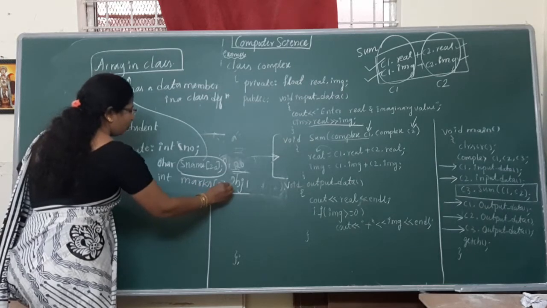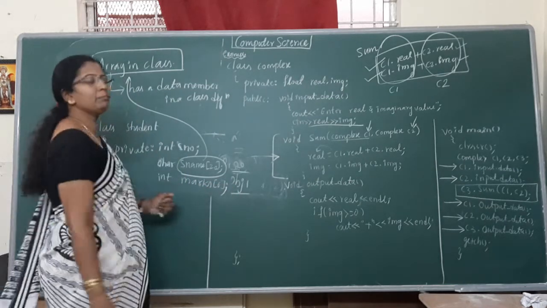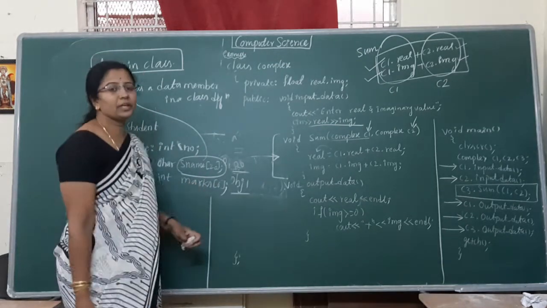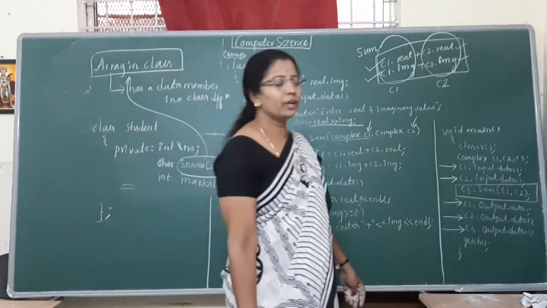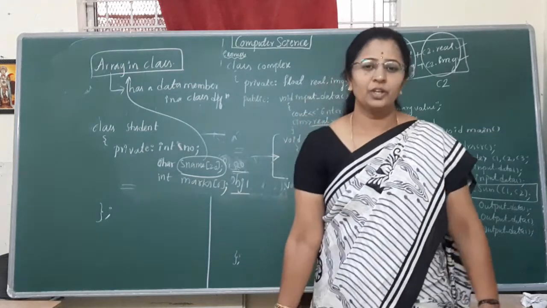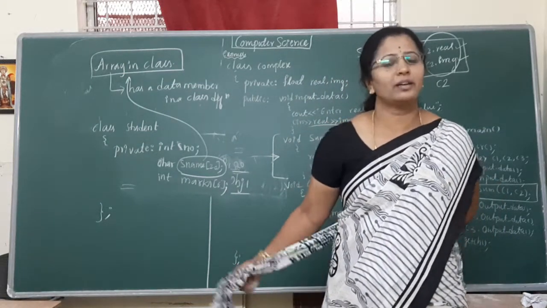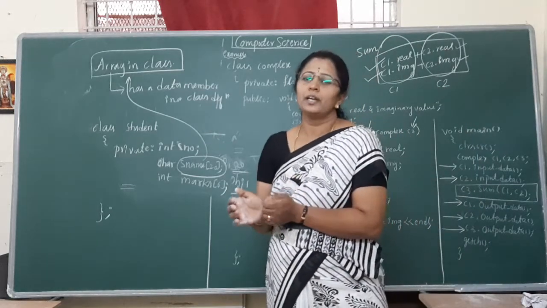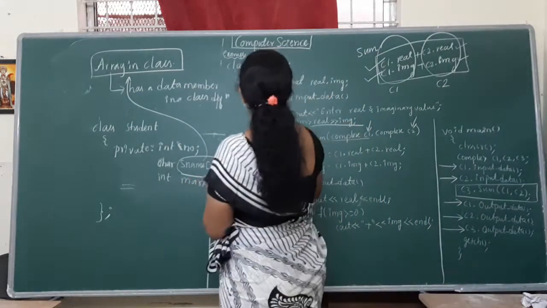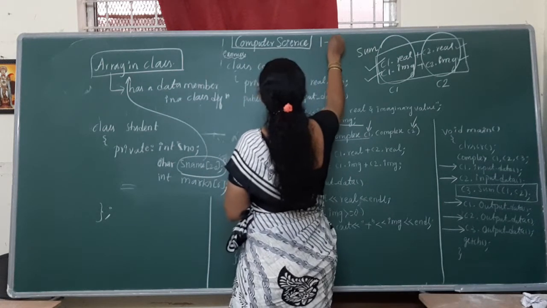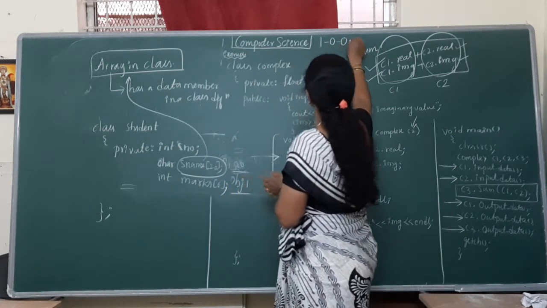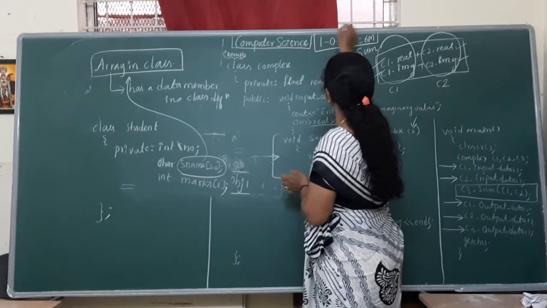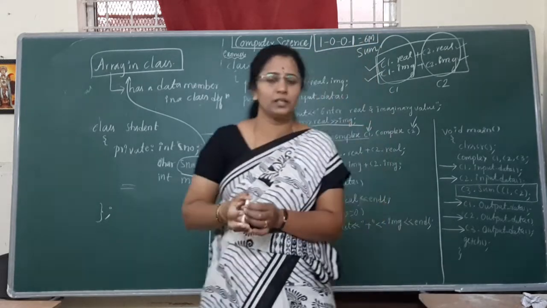Any kind of data member can be used based on the array as a data member in the class. Okay students, this much you need to prepare in your classes and objects. This finishes your classes and objects. Your classes and objects weightage is 1 mark, 1 question; 2 marks, no question; 3 marks, no question; 5 marks, 1 question. Totally 6 marks weightage will be there for your classes and objects.